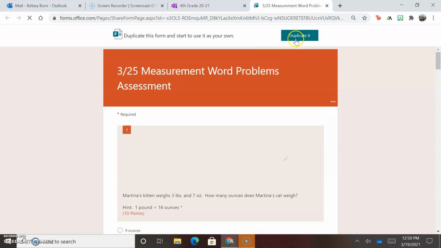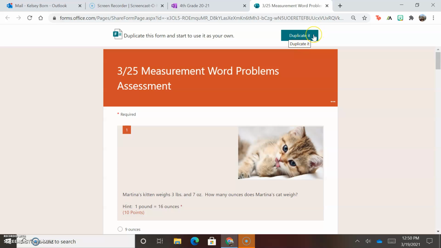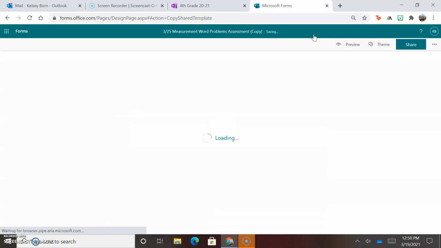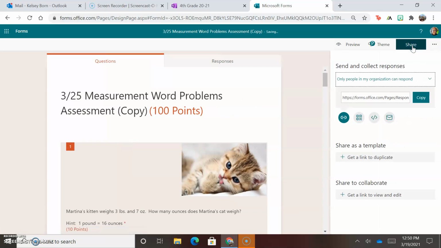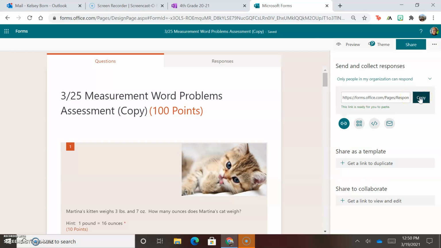This is not the link I want to give to kids because then they would duplicate it to their account, and that would be weird. So I hit duplicate. Then you go to share and keep it as only people in my organization. That way when kids log on to take the assessment, it already has their name saved. I hit copy, and then I would go to Seesaw,